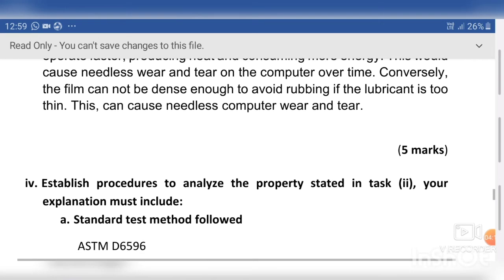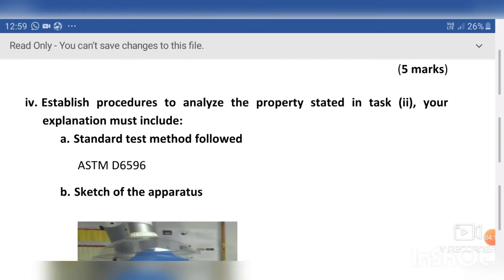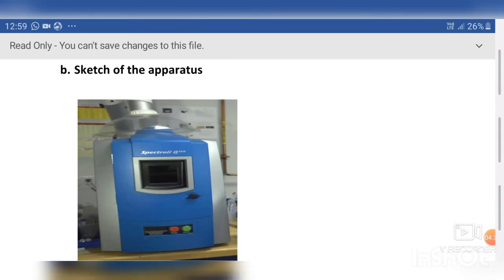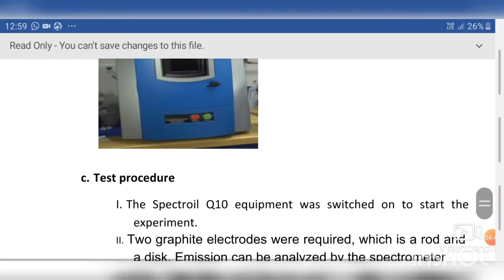component wear and tear. Okay, next we go to the fourth question, which is the established procedure to analyze the property stated in task 2, which is the scuffing. The standard test method followed is ASTM D6596. The sketch of the apparatus is this, and